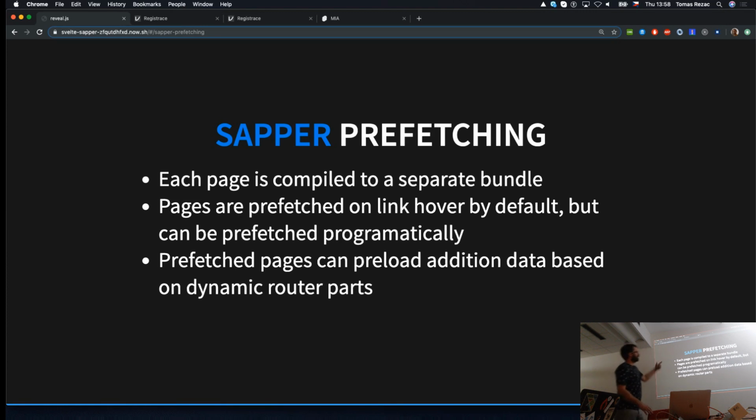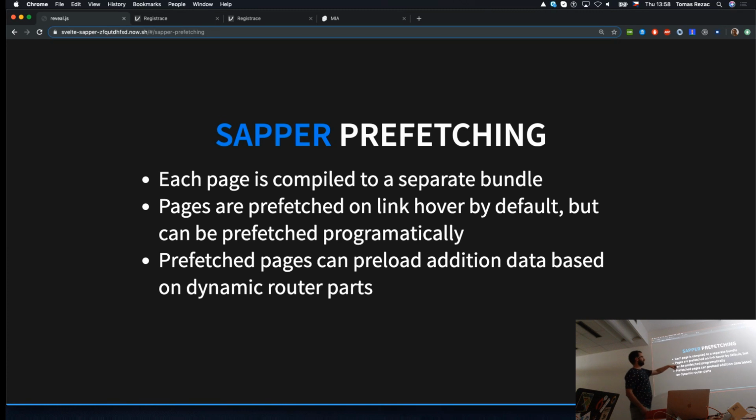And the pages which are preloaded from the server can also have a dynamic part. If you preload something like comment 25, before you even hit the page of comment 25, there is another special block of JavaScript syntax which is triggered before the page is loaded.